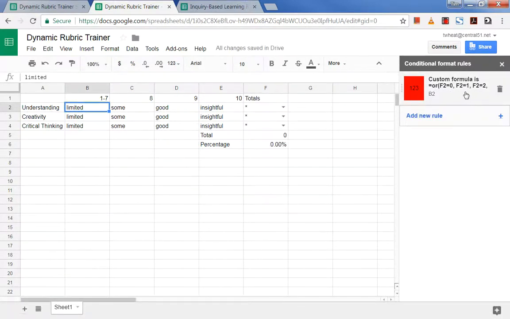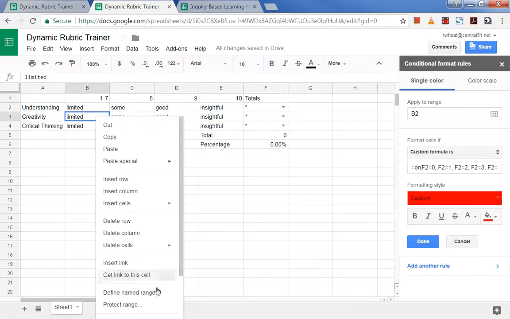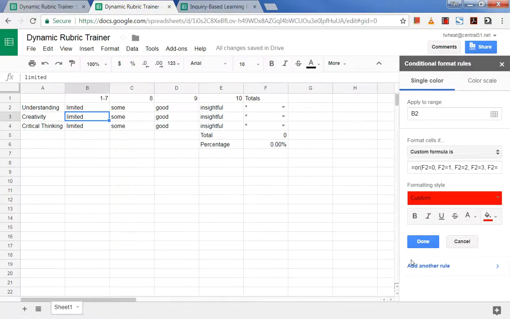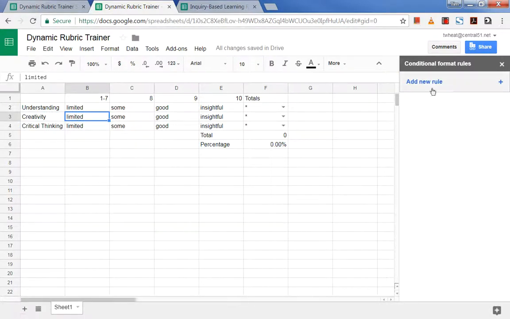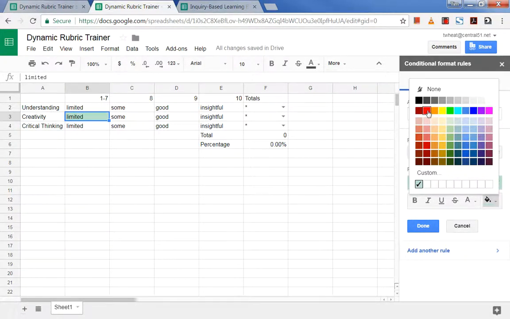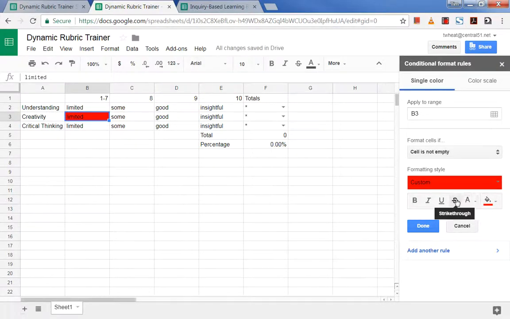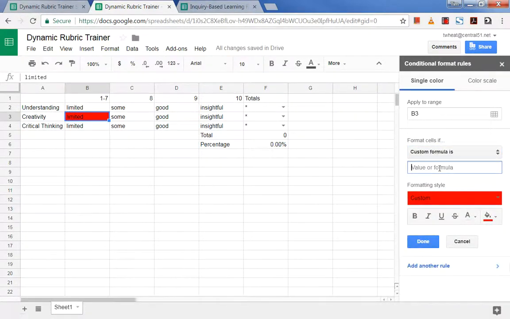You'll see the custom formula is equals OR F2. All right, so it's a bit longer. Now, I'm going to show you exactly how to do it right here. We'll click right here and go to conditional formatting. We're already in conditional formatting, so we can hit add a new rule. Once again, we want it to be red, so we click that red, and you can do your standard text color and strike-throughs and underlines and italics and bolds. But we go down here, again, to custom formula. Now, the custom formula here is a little more difficult. It's equals OR, and then parentheses,